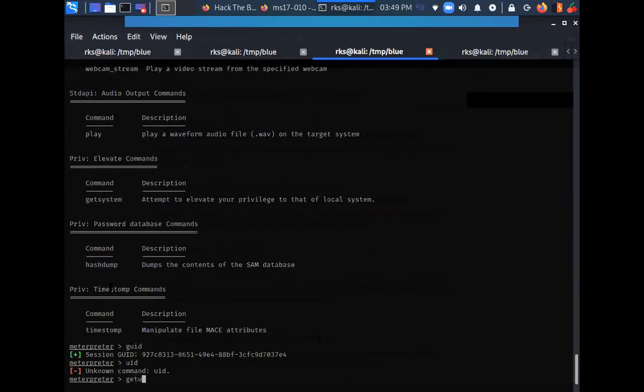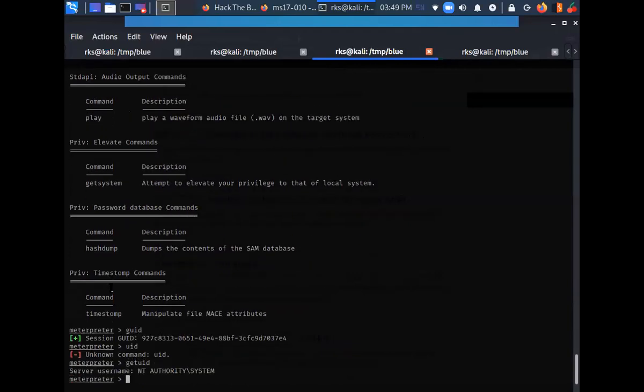first of all, let me type getuid here. When I type getuid, I can see I am NT AUTHORITY\SYSTEM here. What is the topmost user? Who is the topmost user in Linux? Root, right?